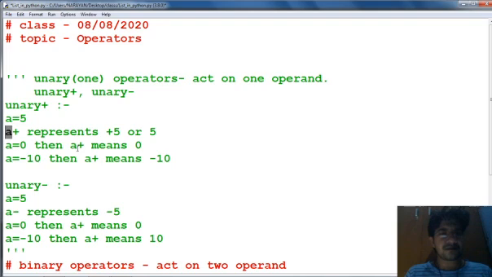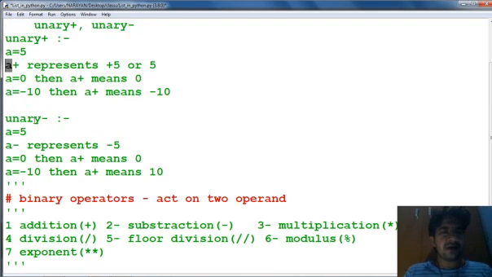Now similarly, for unary minus, that means negative: if we write a equal to 5, then -a represents minus 5, that means this value will be negative. If a equal to 0, then -a will be 0, because 0 is neither positive nor negative.